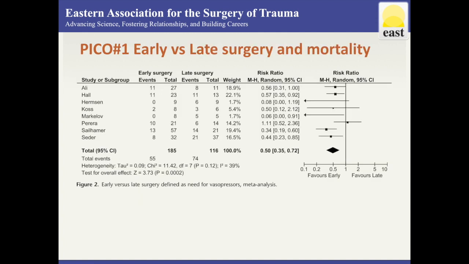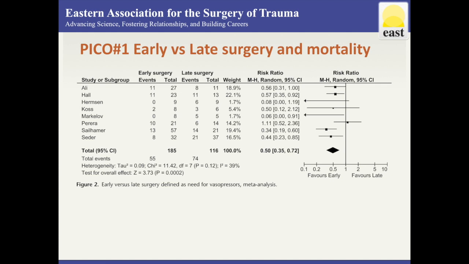For PICO 1, overall mortality ranged from 19% to 80% across studies. In general, there was lower mortality if operation preceded shock or organ failure. There was some data to suggest that earlier operation in terms of days from diagnosis also had lower mortality. Progression to use of vasopressor was the most commonly used term, and so was used as a measure for early versus late in the 8 studies included in the meta-analysis.